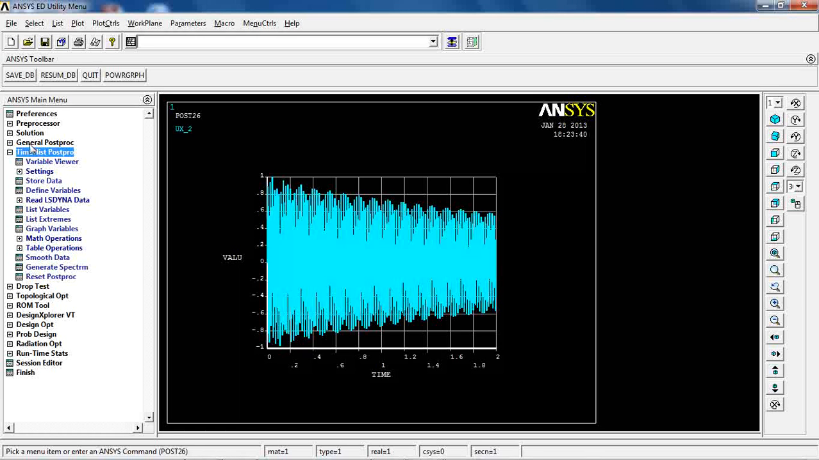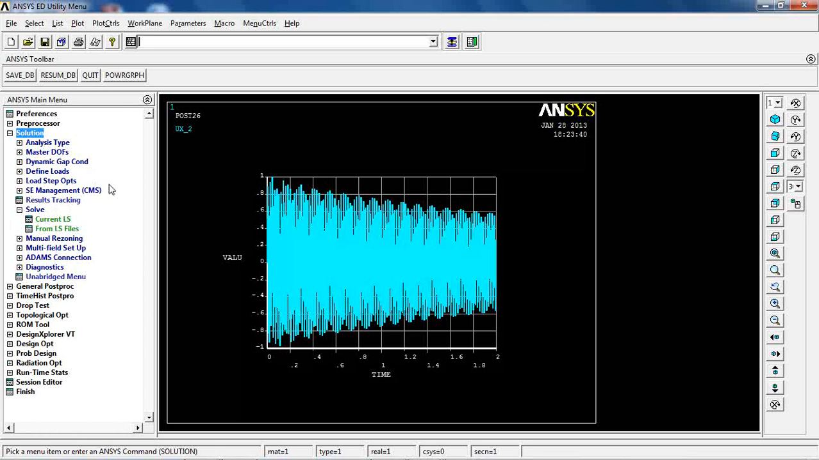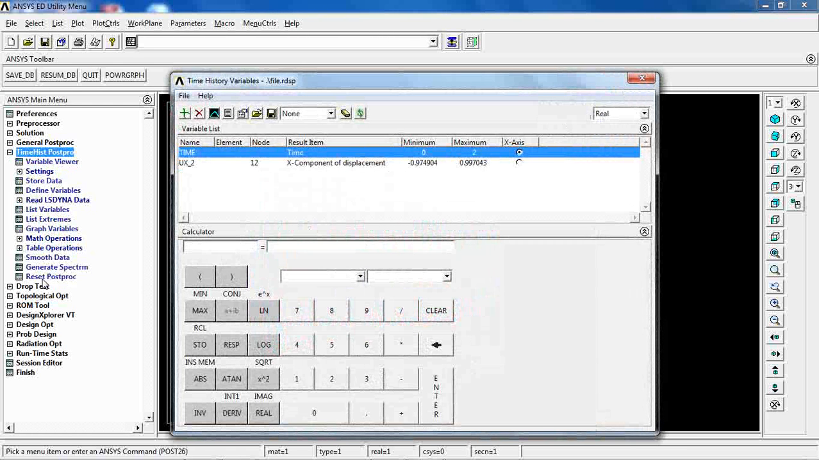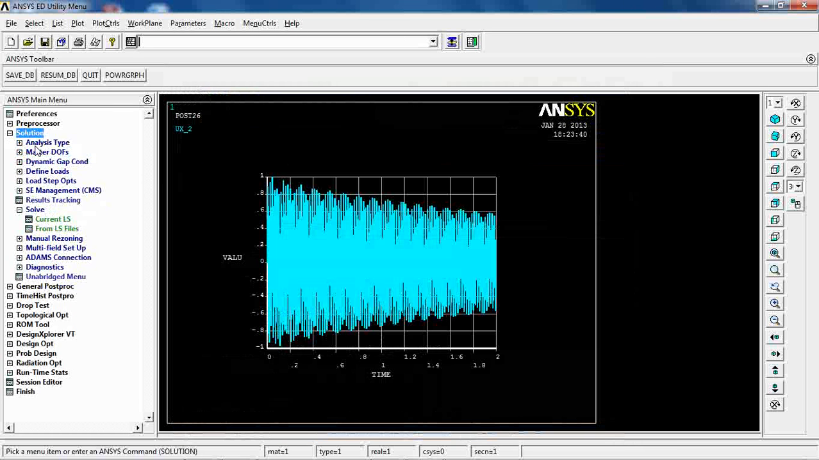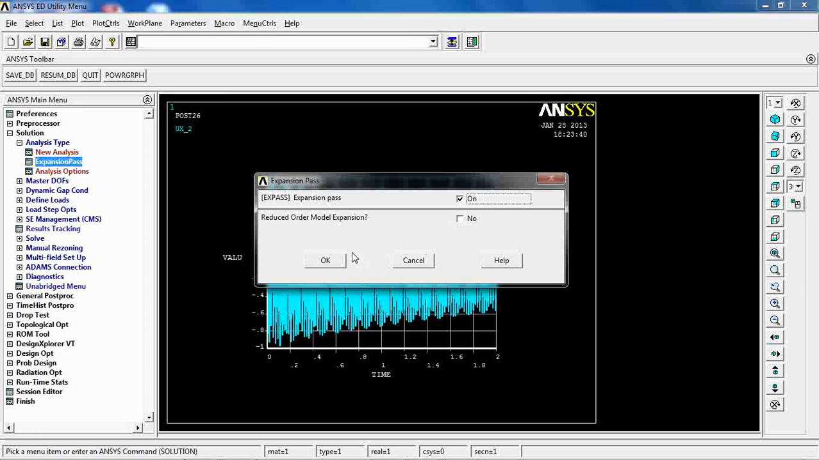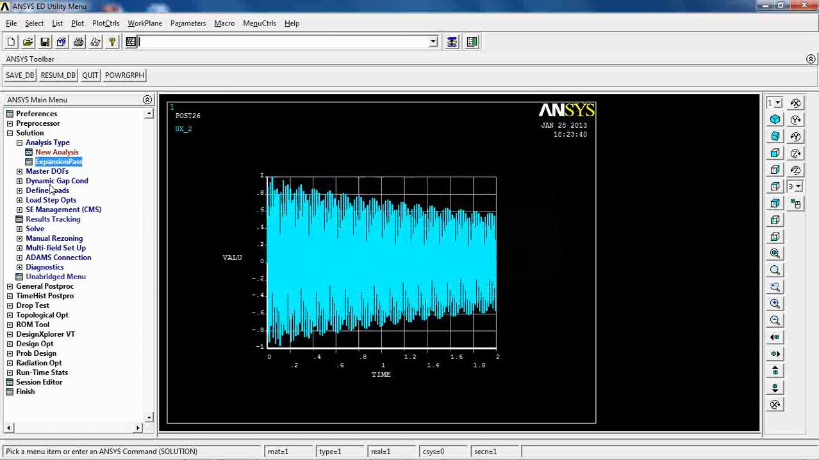Now let's get back to solution. I mean, there's still more you can do in here, but we'll get back to that later. But let's get back to solution, analysis type, and click expansion pass. Click on in here, and then